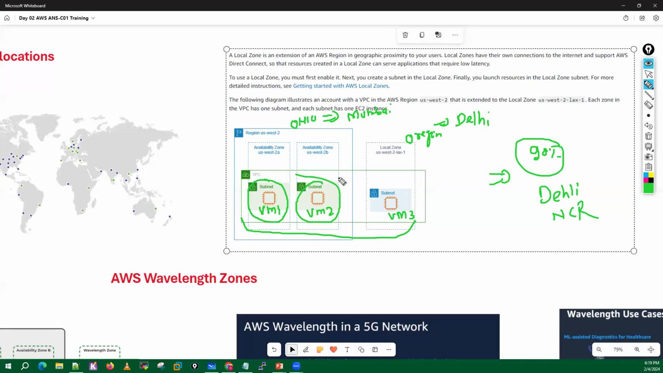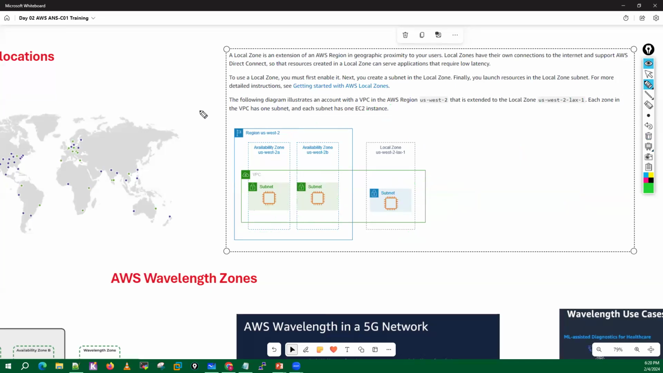No. What we can do is deploy all these VMs here into this local zone. So we will get very fast speed because they are very nearby, since our customer base is in Delhi NCR only. Right? So what will happen, see what AWS has done, rather than creating a separate region here, what they have